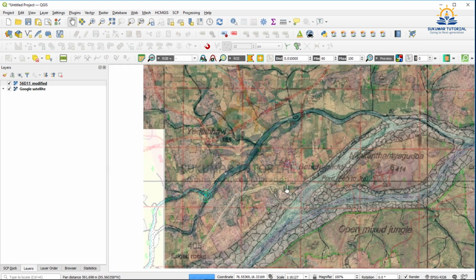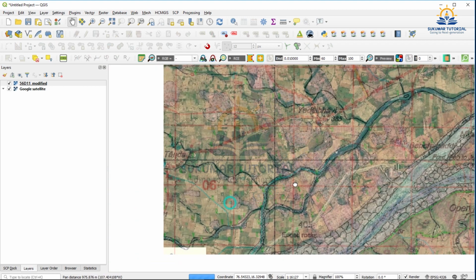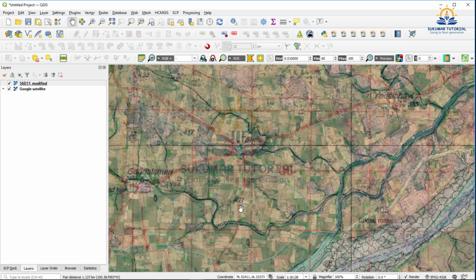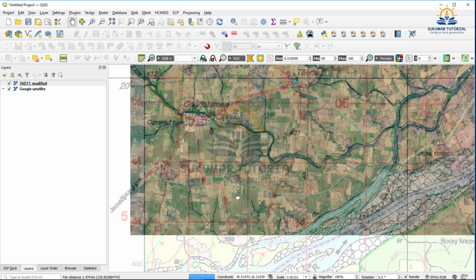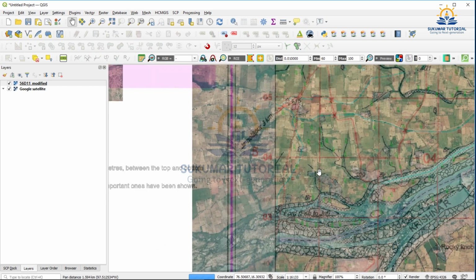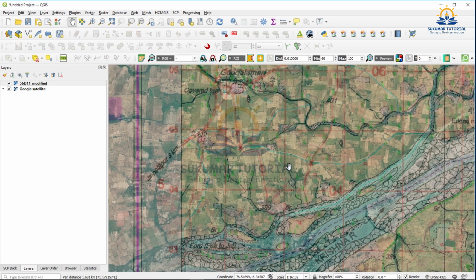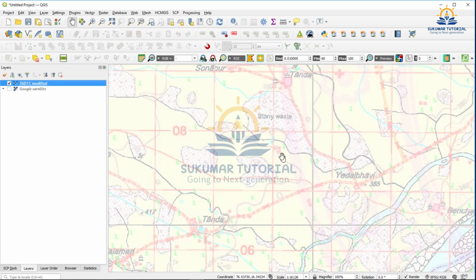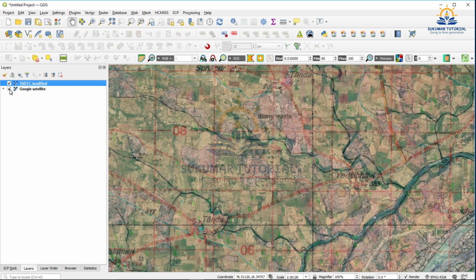Now I am showing some other area where the stream changed its course. I am just moving. In most of the streams here, you can prominently see the change. Say for example, I am switching off the Google map.